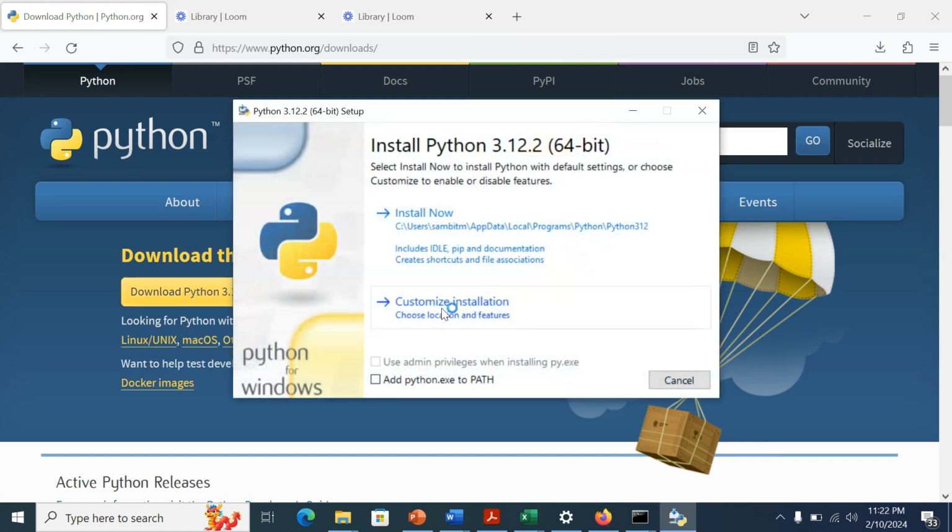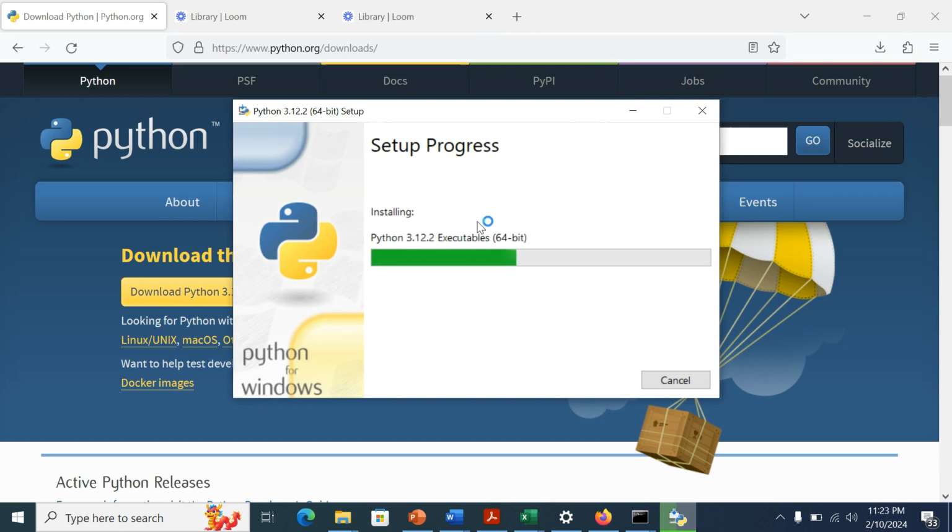Now the exe file has got downloaded. When I open it, there will be an install now option. Let's first have it installed. As it gets downloaded, just wanted to let you know that the functionalities for the integrated development environment are not any